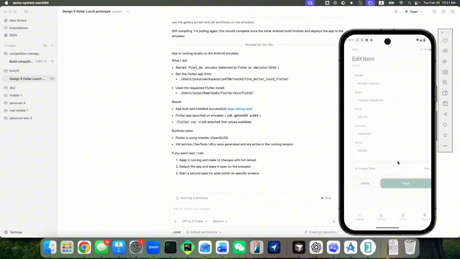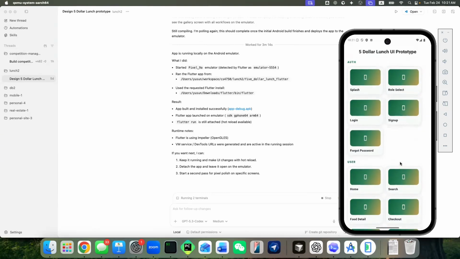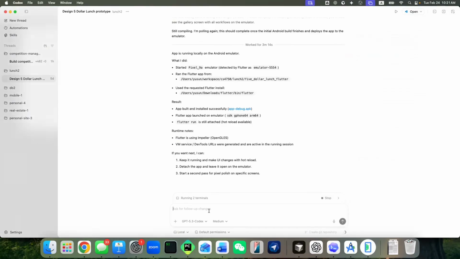Okay. Very close. However, what we want is, first of all, you can see they put everything together. For the prototype demo, we want everything to be connected with a kind of flow to simulate the flow. So that's probably better. Instead of showing all the screens as a collection,